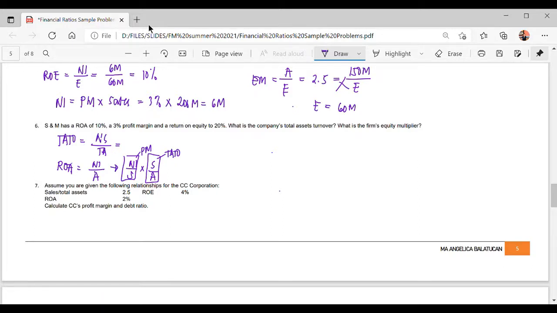Therefore, since ROA is given, the ROA is 10%, and the profit margin is also given, that is 3%. So therefore, we can derive the tato. So how much would be the tato here? So that's 0.03 times tato equals 10%. Then extract now the tato, total asset turnover. Since this is 3%, so 10% divided by 3%. So that would be